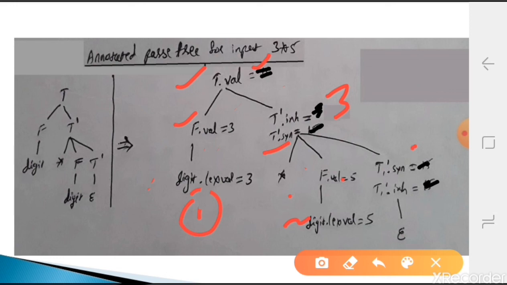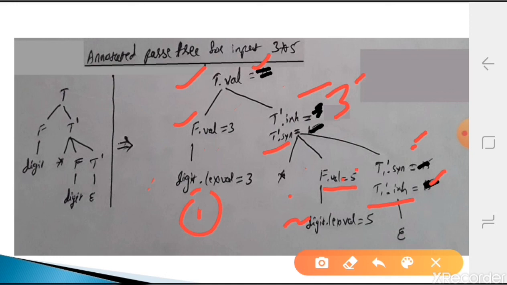In this production again we have two semantic rules: t dash dot synthesize equal to t1 dash dot synthesize, and t1 dash dot inherit equal to t dash dot inherit value into f value. Here we have the f value and the t dash inherited value, so we can calculate t1 dash dot inherit.